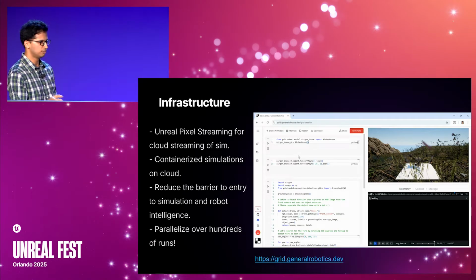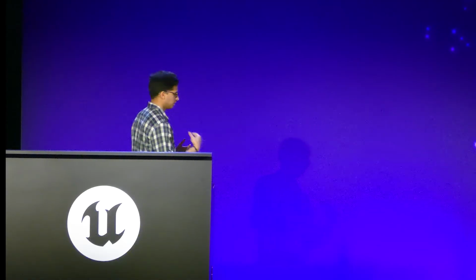Like, how do you vary robots? How do you vary trajectories? How do you generate data? Or at least just understand how a specific pipeline would work in your industry use case or something of that sort. So this is actually something that we do as a very core thing in our platform.